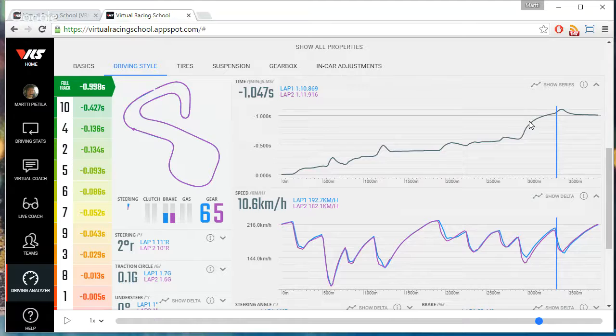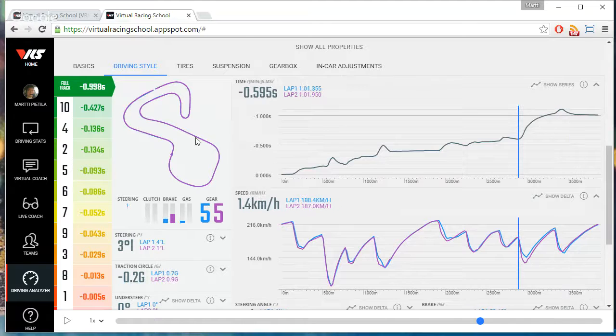You can see that Gonzalo is losing quite a large amount of time in this single phase of the racetrack, and you can also see it in the speed trace. And there was actually a question about the delta and speed traces, what I'm looking at and